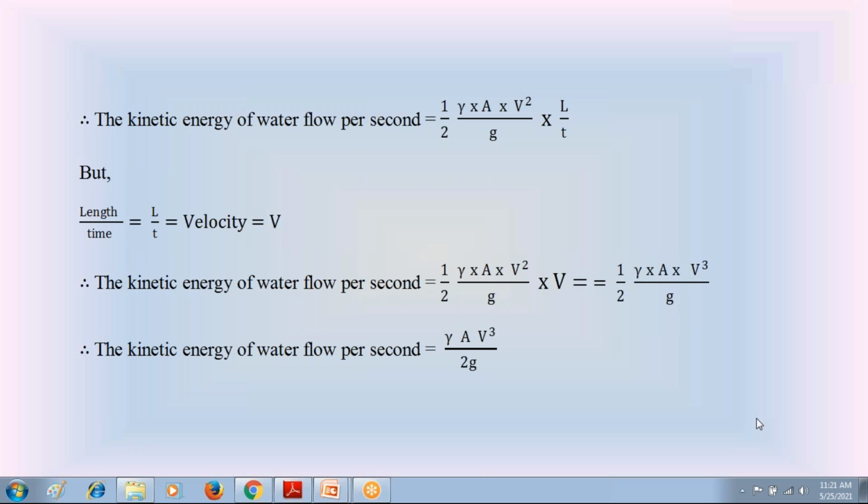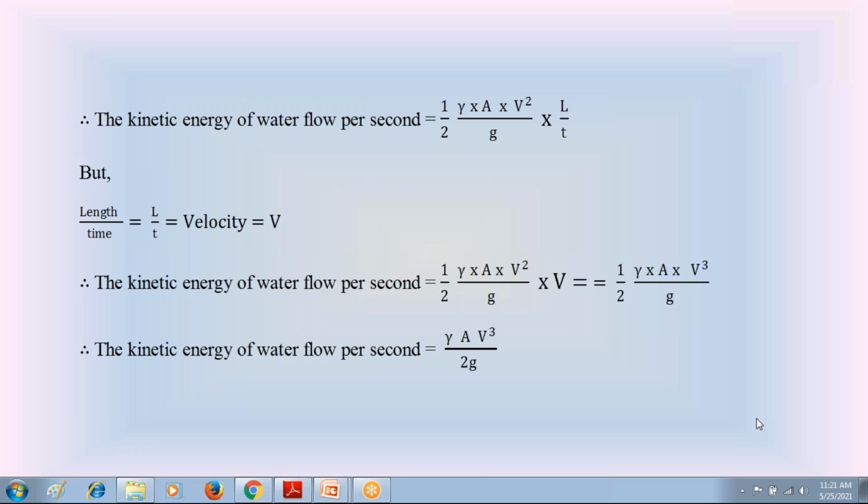The bodies are having the density as well as unit weight. Density of a body is indicated as rho. Density is equal to mass by volume; that is the definition of density. Similarly, bodies are having the unit weight gamma. Unit weight is equal to weight divided by volume, so W divided by V is equal to unit weight gamma. So the weight W is equal to unit weight into volume of body. W is equal to gamma into V.